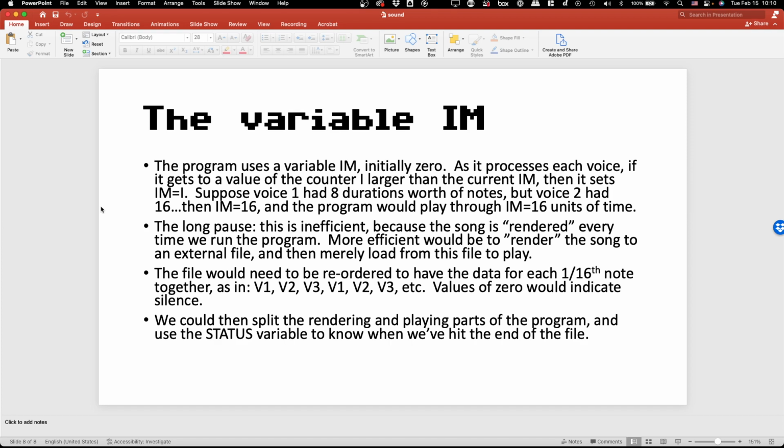Now, how do you know when you've hit the end of the file? On the playback side, if only there was a variable that told you if you've hit the end of the file. Wouldn't that be great? If you're reading a file, how do you know you've hit the end of it? The status variable flips to one, in the 6th bit. All right, so this isn't rocket science. What is, in fact, rocket science